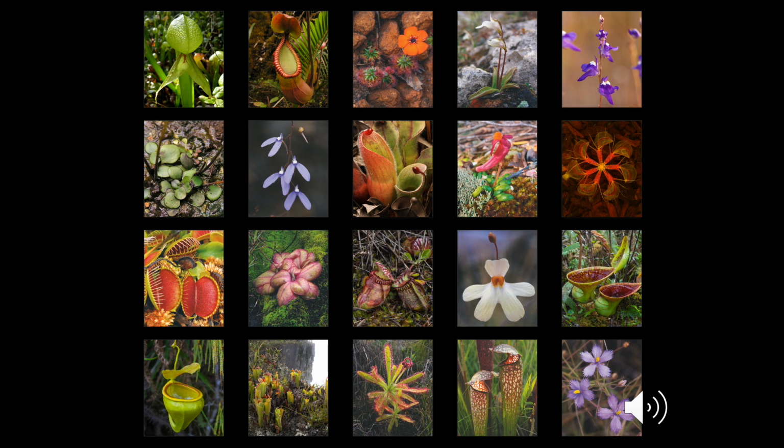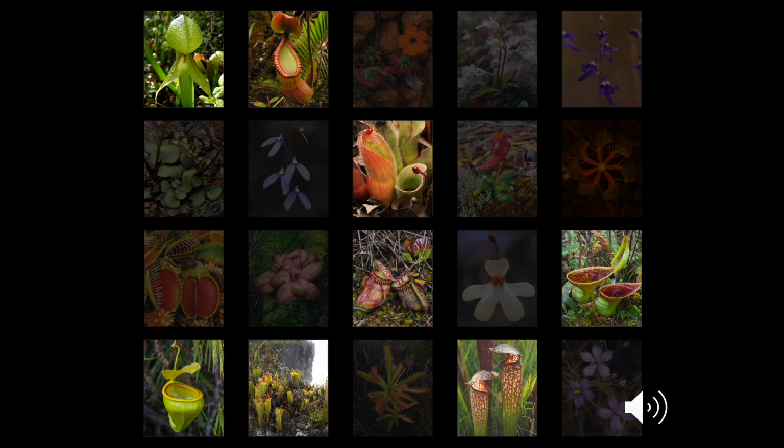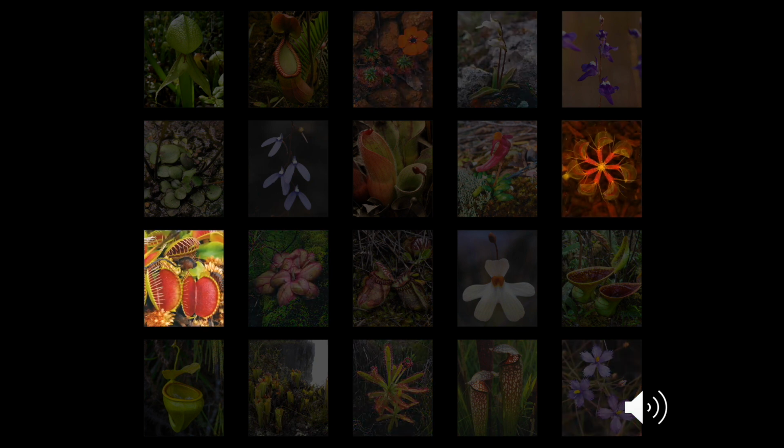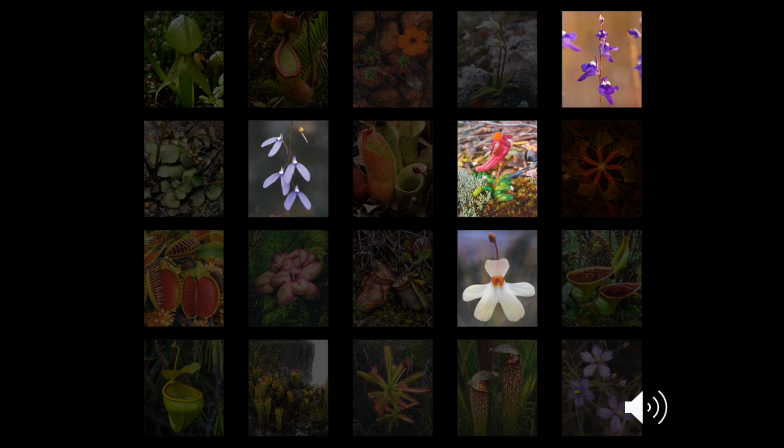Those categories are, first, pitfall traps, produced by the 7 genera of pitcher plants and carnivorous bromeliads. These rely on insects falling into the traps for capture. Second, the sticky or flypaper traps, which are produced by sundews, butterworts, and rainbow plants. These have leaves covered in glue which trap anything that lands on them. Third, snap traps, produced by the Venus flytrap and waterwheel plant. These clamp shut on prey that wander into their traps. Fourth, bladder traps, produced by bladderworts, which effectively suck in passing prey a bit like a vacuum.